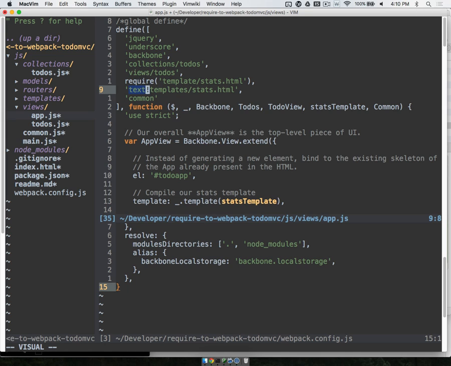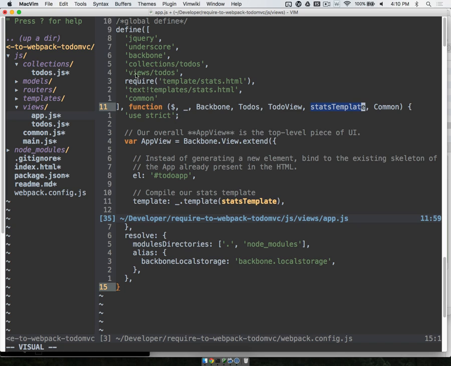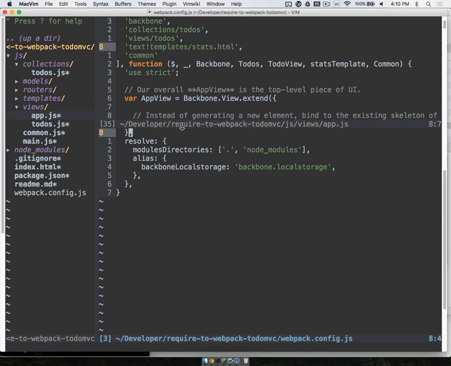And basically all that does is it says, take this file, turn it into a string. That's all I want because I'm going to inject it right here as my stats template. I'm going to use it, and it's going to be awesome. And so we need to do the same thing for Webpack. And Webpack is actually pretty neat with Require.js because it actually understands this same kind of syntax. And so all that you need to do is install the text loader to get Webpack to actually handle this